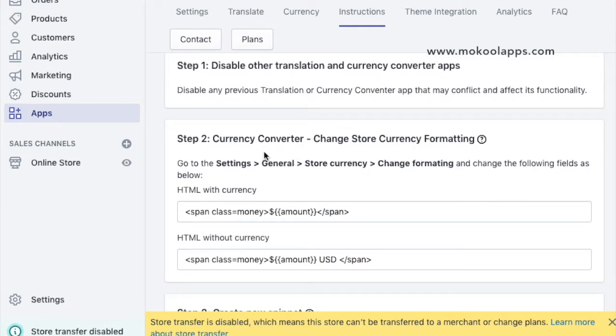Step two is you're going to need to go into your settings. You're going to need to make some changes in order for the currency to work. So what we'll do is we're going to go to settings right here, then we'll go to general, store currencies, change formatting, and then make those changes. So I'm going to copy this right here. Actually, I'll copy this one here because it has the USD in it, and I'm going to take that with me. So I'm going to go to settings,